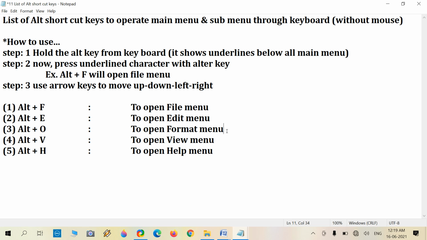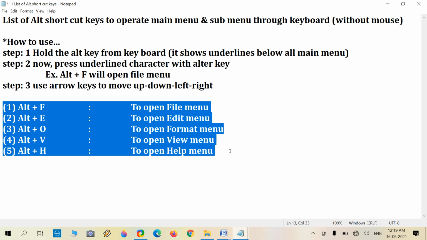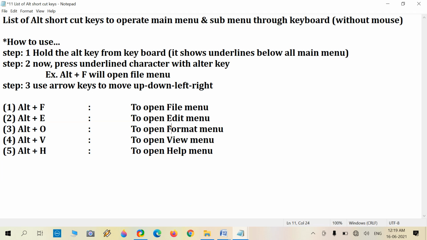So there is no compulsory need. But as a part of our examination or MCQ exam questions, it is compulsory to remember which Alt keys we have to use to open a specific menu. Like the file menu, there is the first character F. Like edit, the first character E is used with Alt.